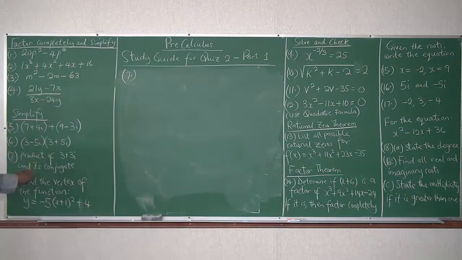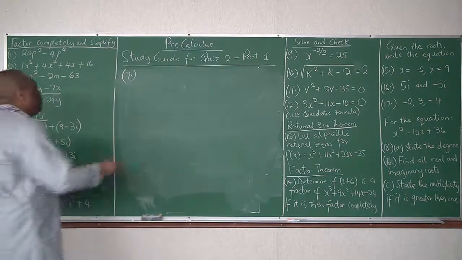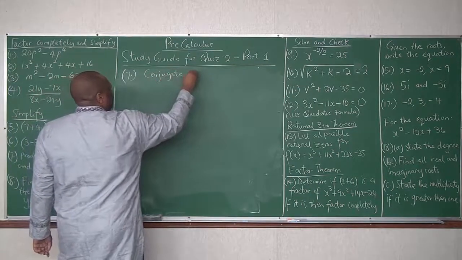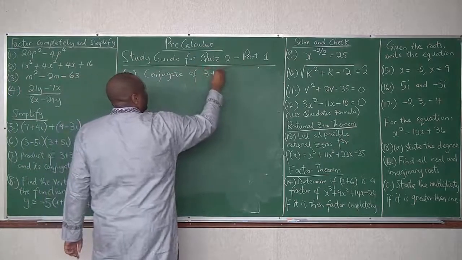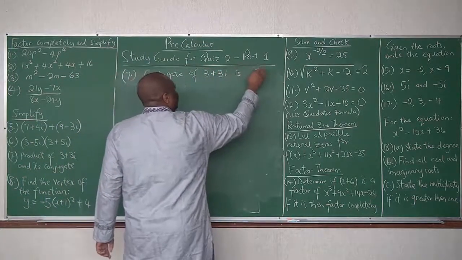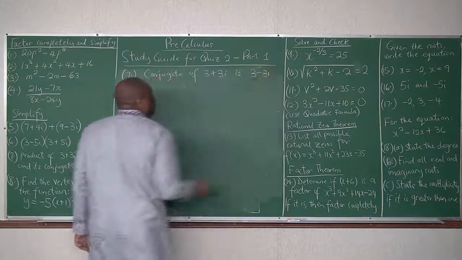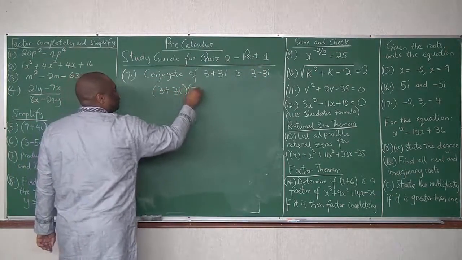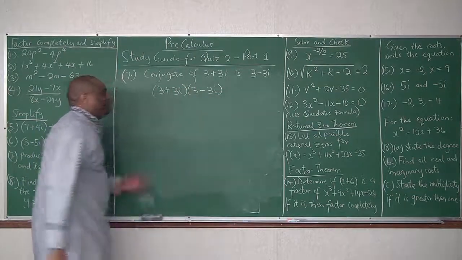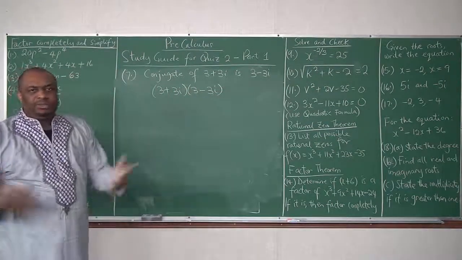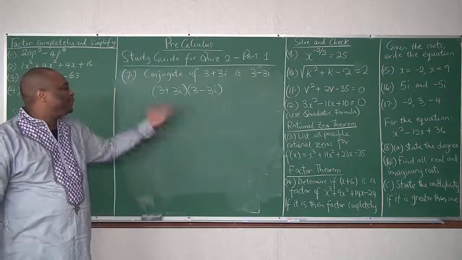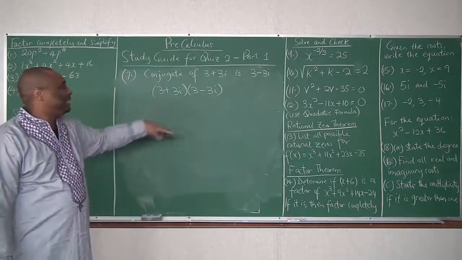Product of 3 plus 3i and its conjugate. Well, we know that the conjugate of 3 plus 3i is 3 minus 3i. So this is just like a difference of two squares. We can just do difference of two squares. It's easier to me. I mean, if you want to do the expansion,